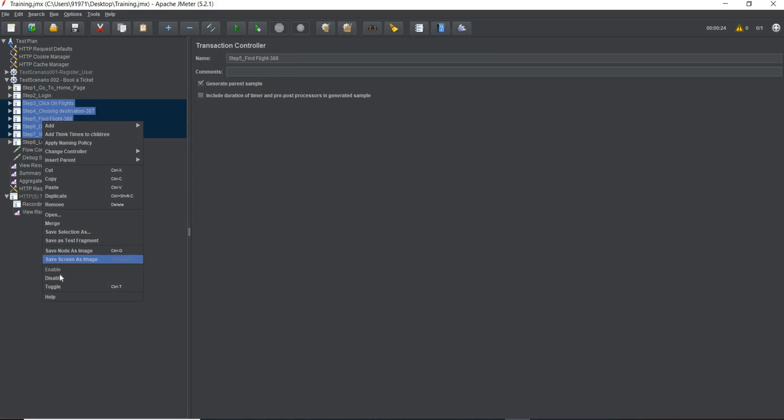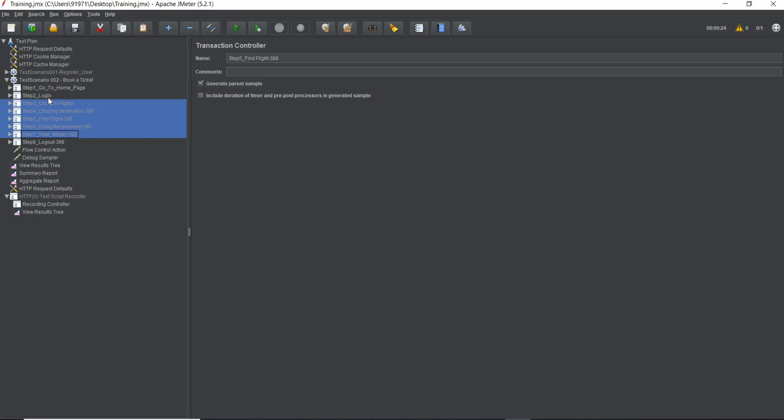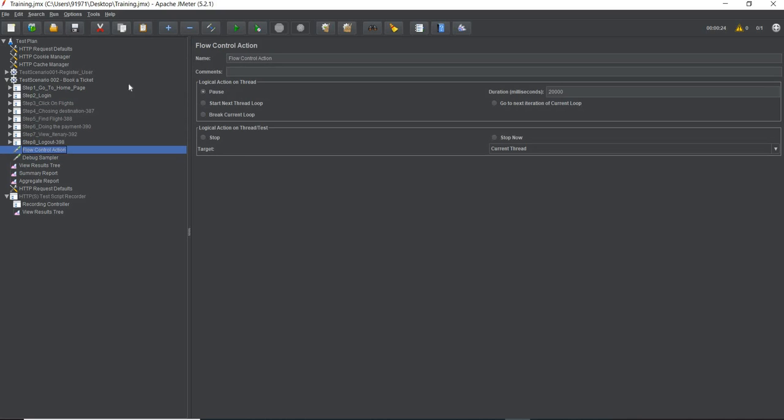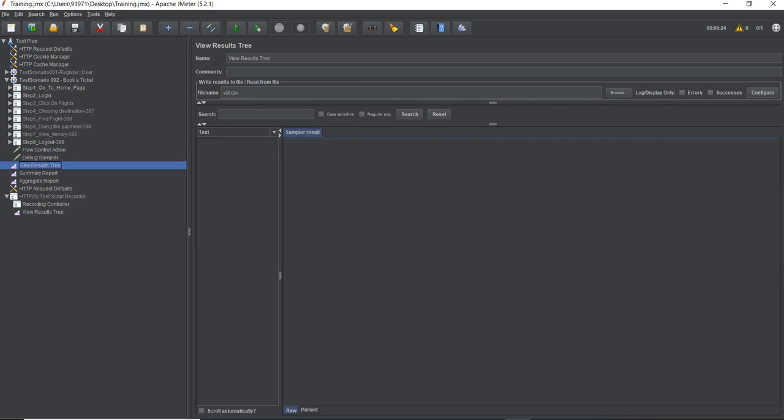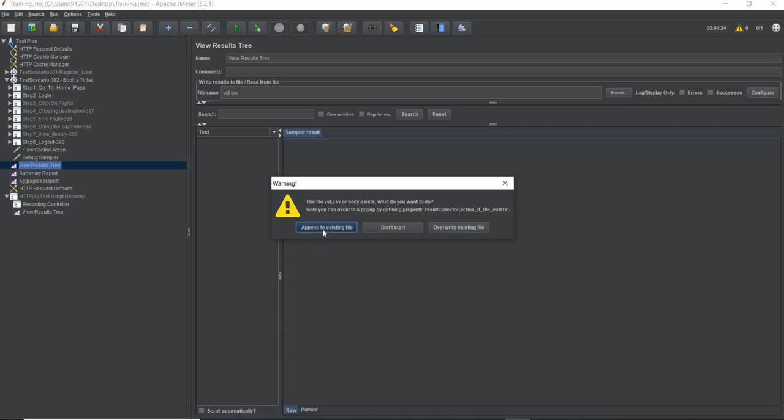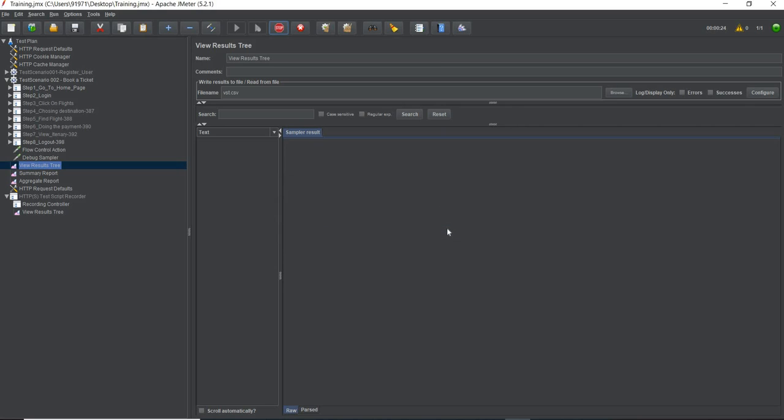So what it is doing is going to the home page, logging in and then logging out, and this is our debug sampler. I'm running the test. It says that the vst.csv file already exists. We know that we have view result tree and this file already exists, so it asks if you want to override this file or append. I always prefer to override, because we usually do a test and either save it with another name, or I override it because I want test results for different tests at different places.